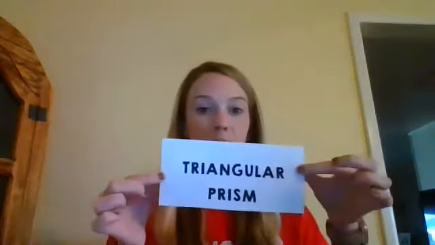All right, the next one we're going to talk about is a triangular prism. Here is what a triangular prism looks like. So it has a triangle on this face and the opposite face, and the triangles are congruent. Now the triangles are connected, and when those triangles connect, what do the faces end up looking like? They look like squares or rectangles, okay? So we've got triangle in the front, triangle on the back, but then the rest of the faces are squares